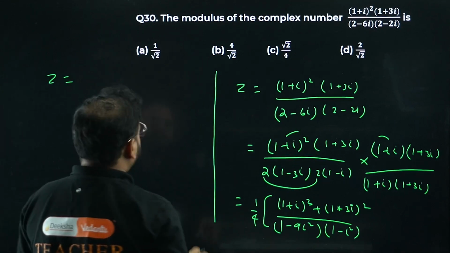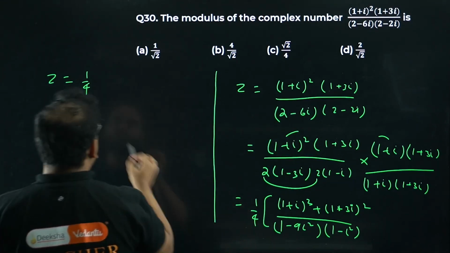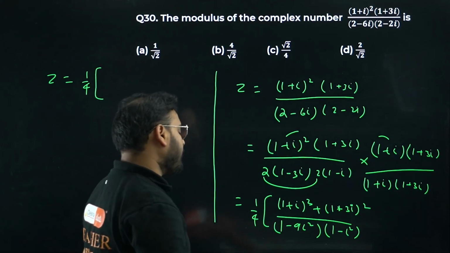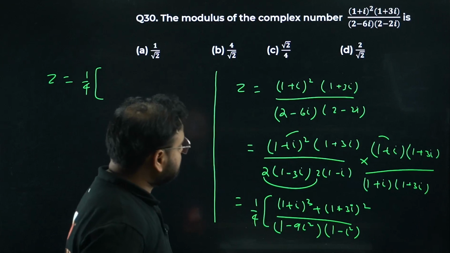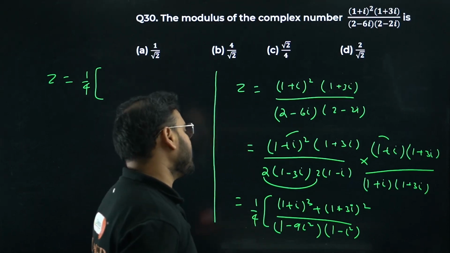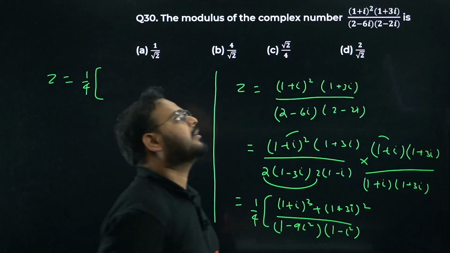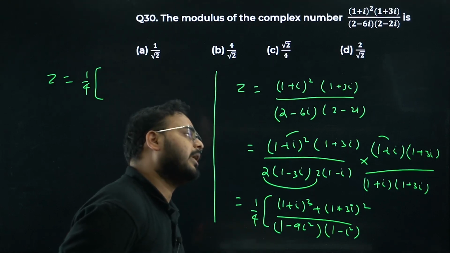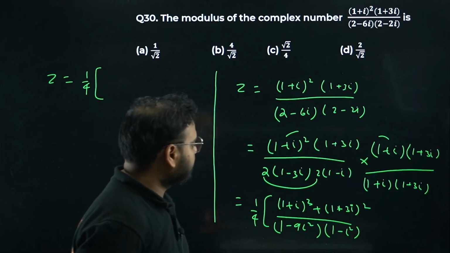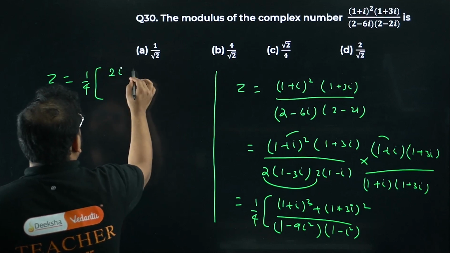So I'm getting over here 1 by 4 is there, of course. And 1 plus i the whole cube will become, actually please check. You have 1. You have i cube which will become again minus i. And you'll have, please check, 3 into i, 1 plus i. So 3i into 1 will become 3i. Okay. So plus 3i minus i will become 2i. And you have 3i square becomes minus 3, right? Okay. So I think 2i minus 2. Please check. 2i minus 2.